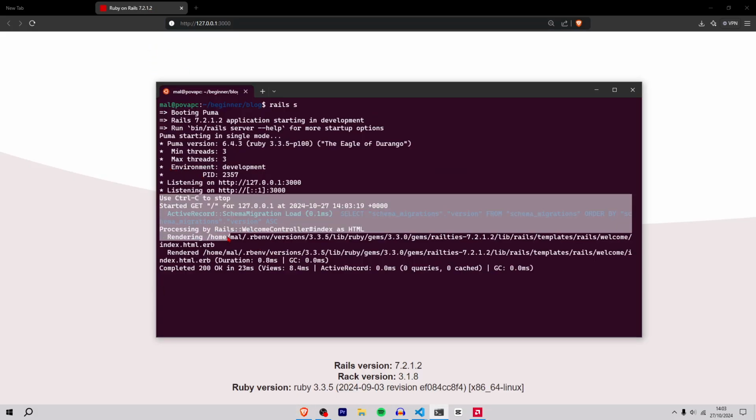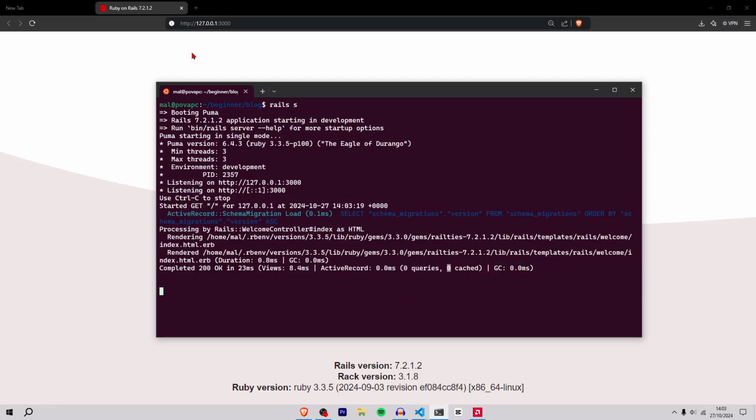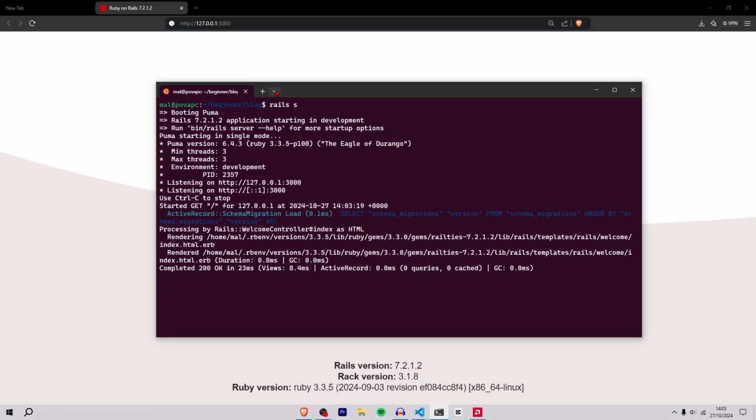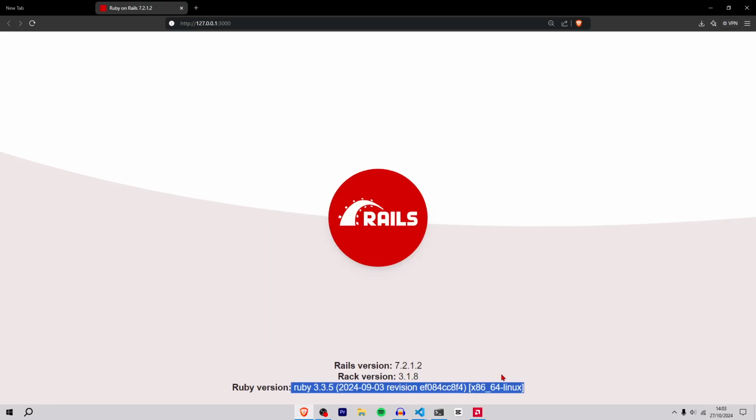And we also get a started GET for this page. And so that's the cool part about Rails. We have an interactive server, and we can open multiple servers at the same time if we want. That'll be useful later on. So now that we've got this, and we have our home page, this is the home page of Rails when you don't have anything happening,